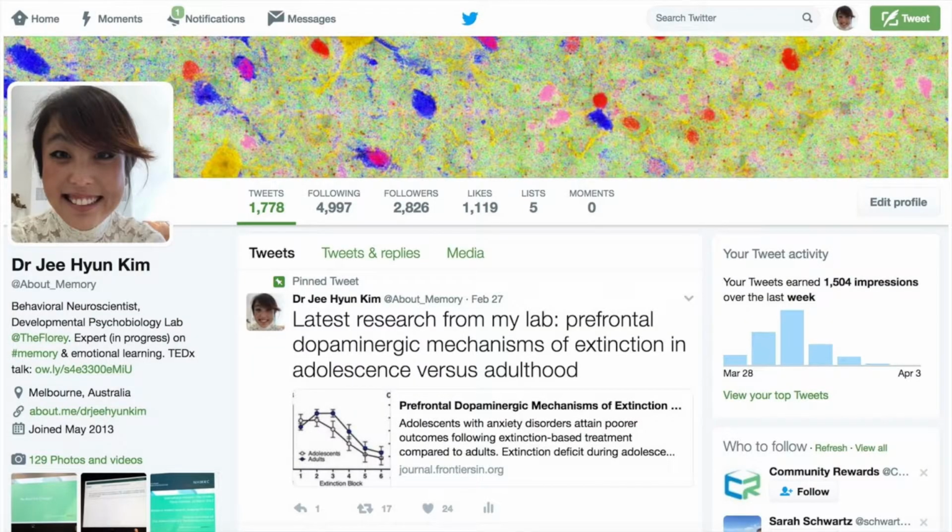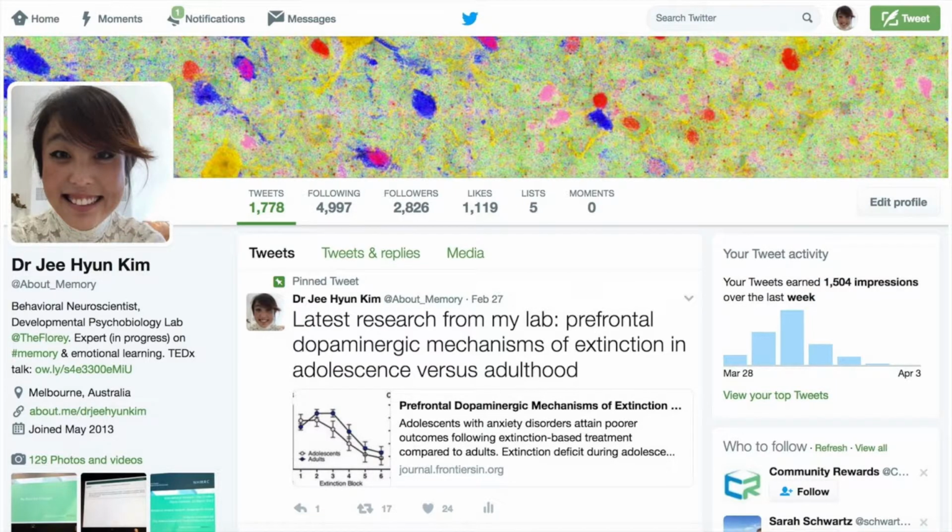We saw in altmetrics that one of the other big contributors to Jee's big altmetric impact was Twitter. So here's a screen grab of Jee's beautiful Twitter page, which captures not only what her work is about with this pinned tweet at the top, but we can also see what makes Jee Jee. And that's the beauty of the internet. Researchers are not just names and papers. We get to see them as real people.